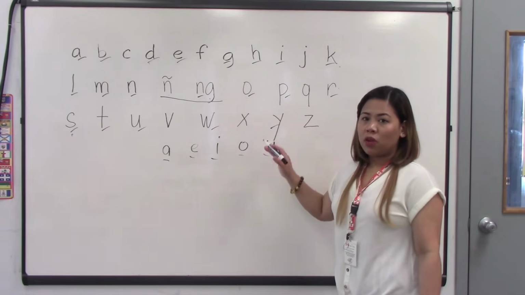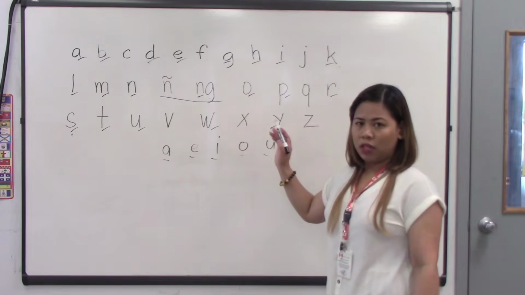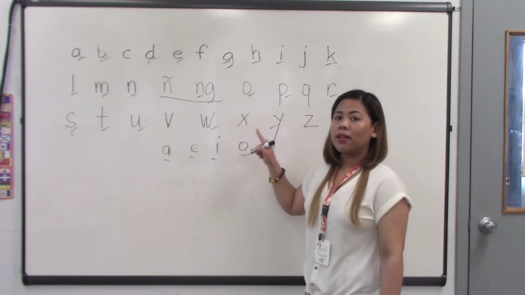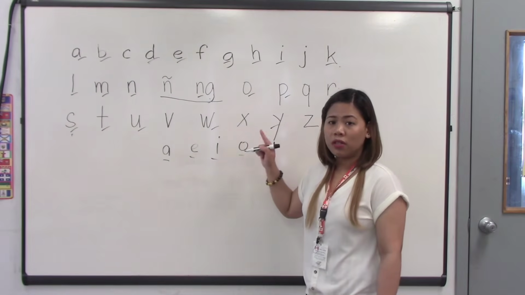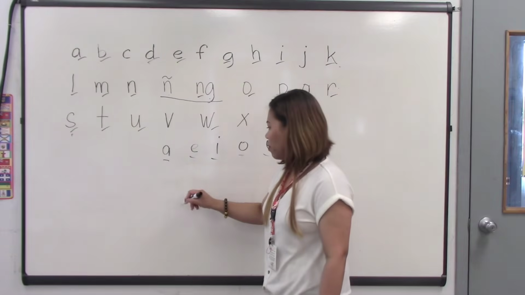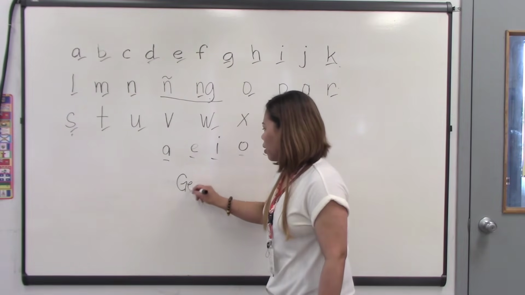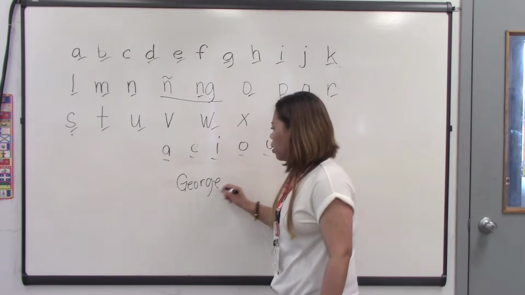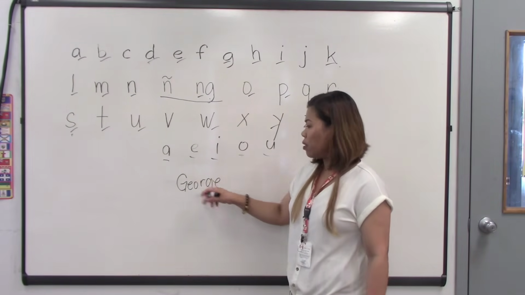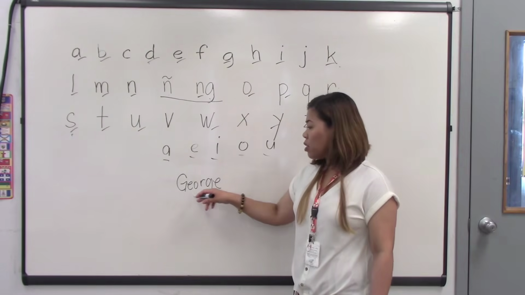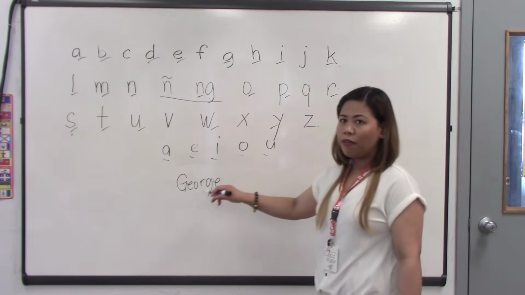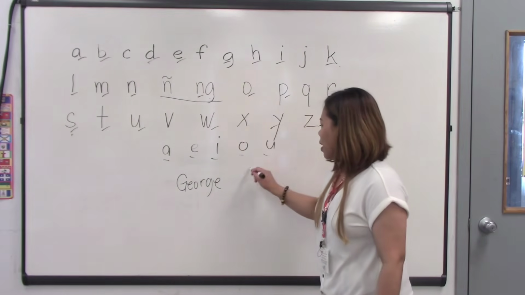G in Filipino is always pronounced as the hard G sound, so G. But we sometimes pronounce it as the soft G, which is J, if it is found in the names of people. For example, George is an English name. So we don't say Gorge, but George. So if your first name is George, that's an English name. So we say George. But if your last name is